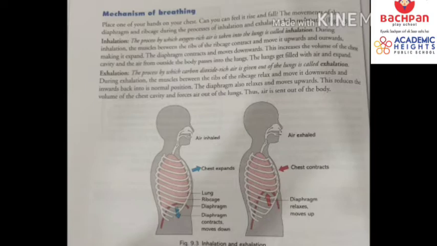During exhalation जो muscles होती हैं they relax and move it downwards and inwards back into its normal position. Okay, so during exhalation ribs move downwards and inwards, while the diaphragm moves up to its former position. Here in the diagram you can see the diaphragm relaxes and moves up and the chest contracts. So this reduces the size of the chest cavity and air is pushed out of the lungs. Okay, air is sent out of our body.